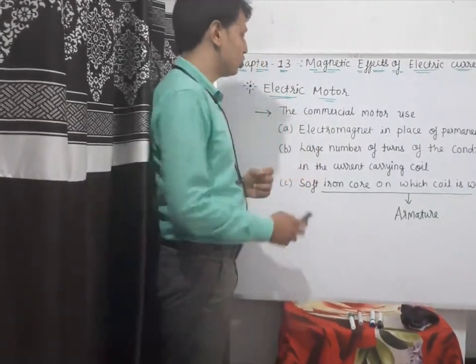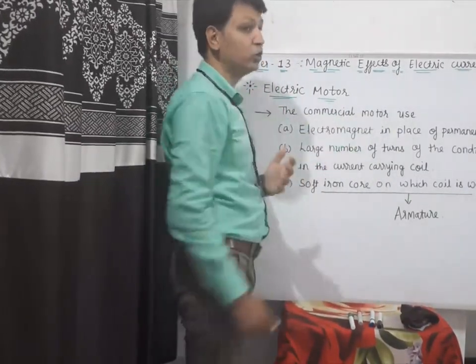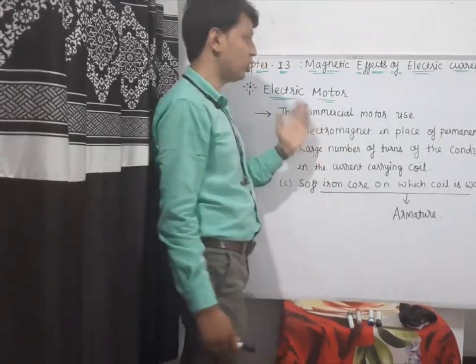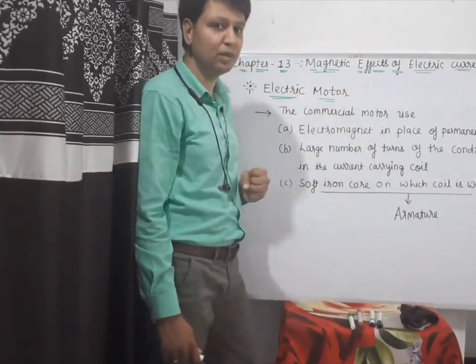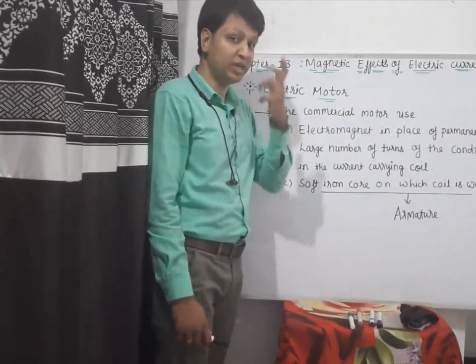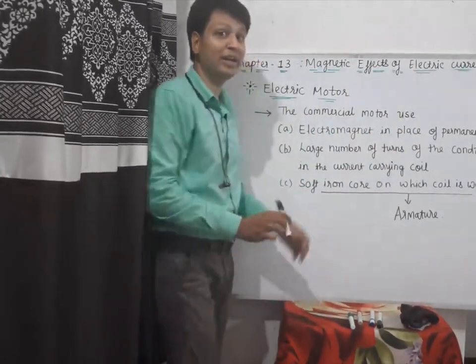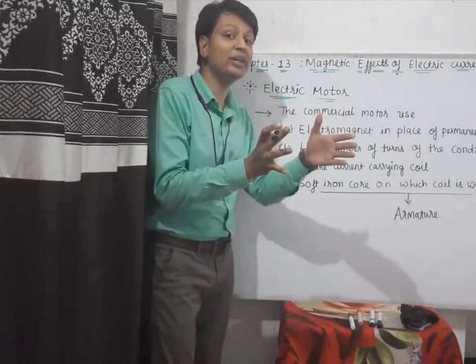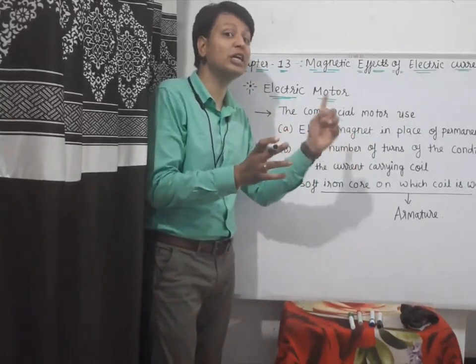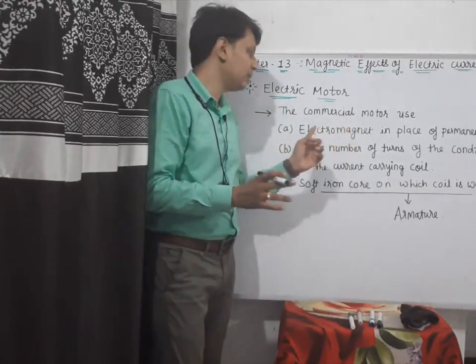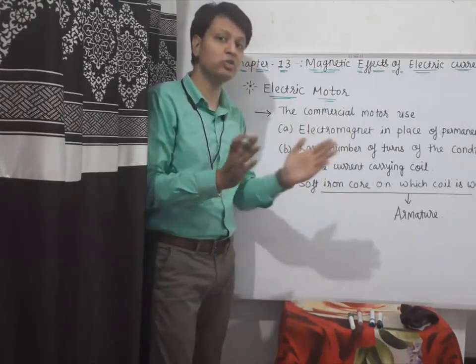Friends, now let us know the commercial motor use. What do we mean by commercial motor? Commercially available motors use which materials? Let us say the electromagnet in place of permanent magnets. We were having a set of magnets which were permanent in nature in our circuit diagram, but electromagnets are used in